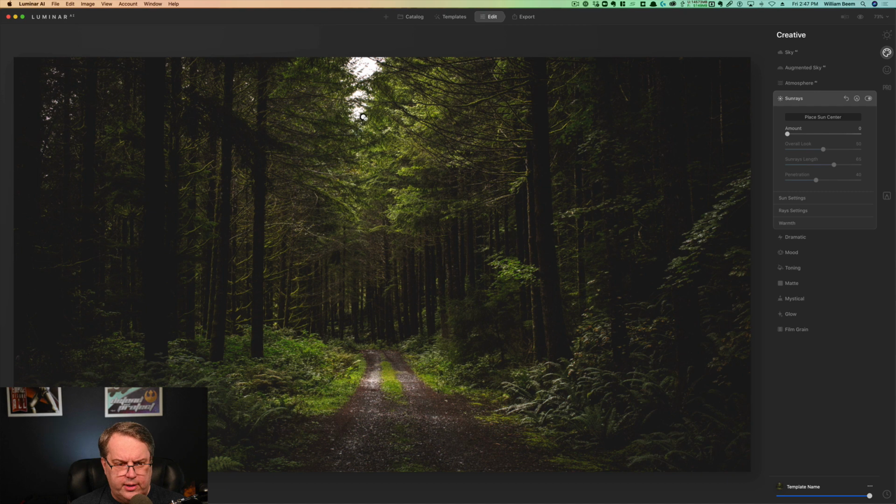I'm trying to look at the photograph itself. And if you're going to place the sun, you want to see where the sunlight's coming from. It seems like the sunlight's coming from back there and coming down a little bit. You can see where the highlights are on these ferns over here and where the shadows, it's very soft because you can tell it's an overcast day when this photograph was taken. But there's a little bit of light coming from back here, and that's why I placed the sun where I did. So once we've done that,